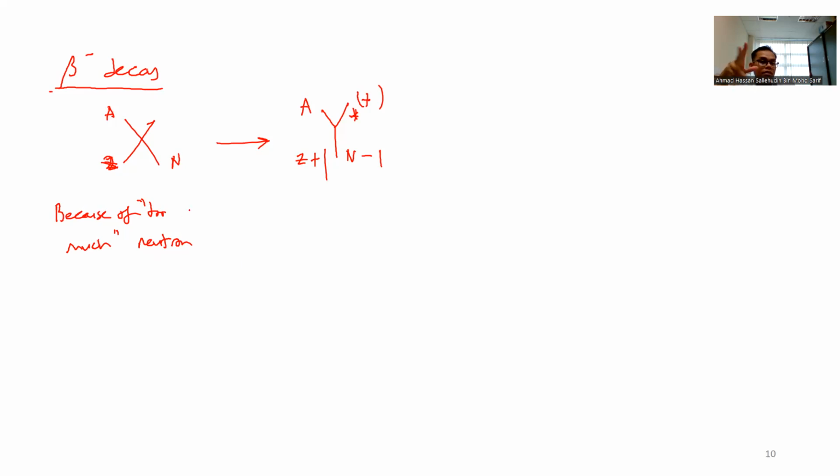So this conversion of neutron into proton. It is not just that neutron becomes proton. It is also producing an electron as well as another entity which is called anti-neutrino. So the symbol is